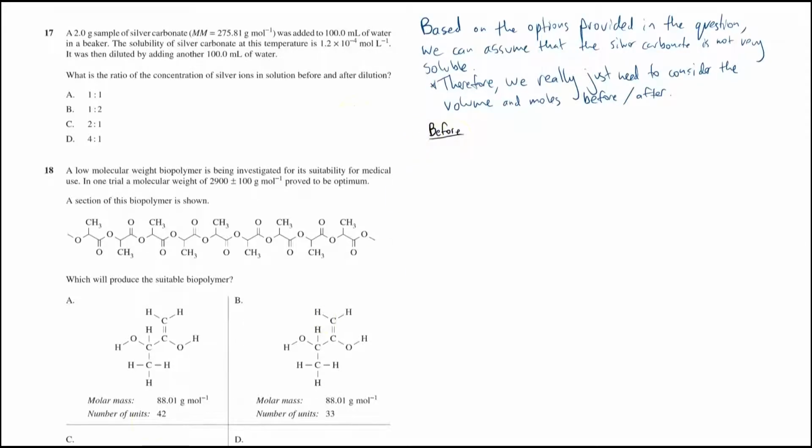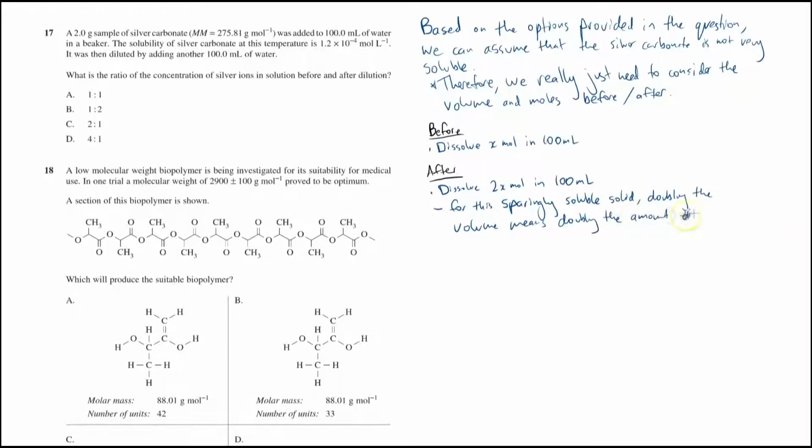So before, let's say we can get x moles of the silver carbonate to dissolve in 100 ml of water. This means that after, we get 2x moles of the silver carbonate to dissolve in 200 ml of water. This is because for the sparingly soluble solid, doubling the volume of water means we are doubling the amount of silver carbonate that will dissolve. To calculate the concentration, we just divide the moles by the volume. Before, this is x divided by 0.1 liters, while after, this is 2x divided by 0.2 liters, which simplifies back to x on 0.1 again. This means that the concentration is the same before and after, and therefore the ratio is 1:1, and option A